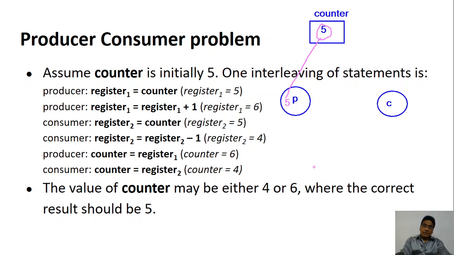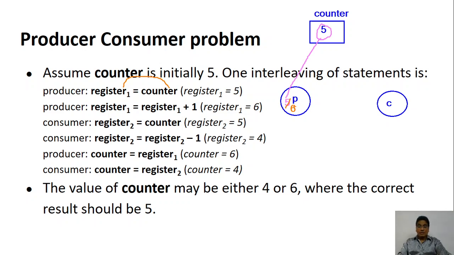So here, if you notice, at this location the producer will read the value inside its register. So it reads it as 5 and it is going to increment the value of 5 to 6, because one item has been produced and placed. So the producer will increment it and say that this value is 6.